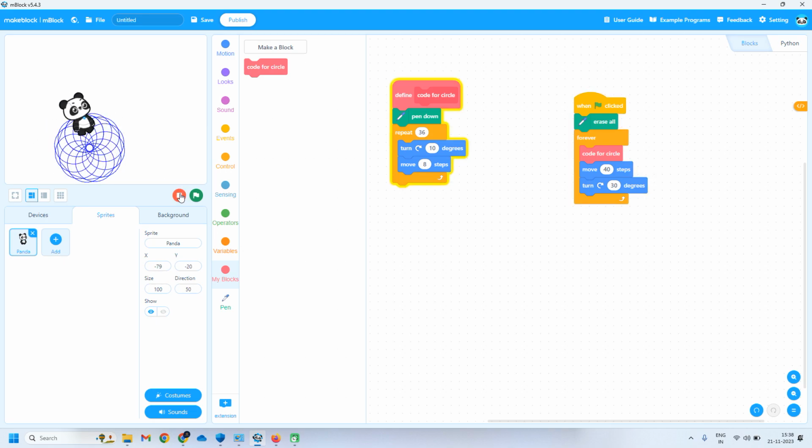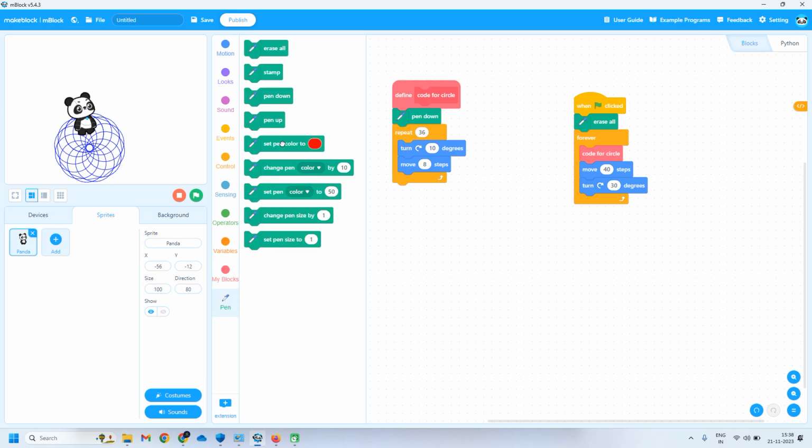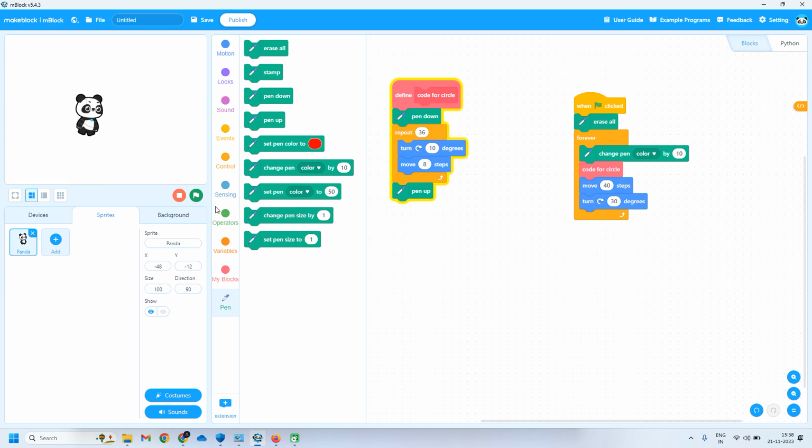So I'll stop this code now. As discussed, we have to add change pen color by 10, and one more thing is that we have to do pen up for each circle, I mean after drawing this circle, do pen up. So now if I run this code,